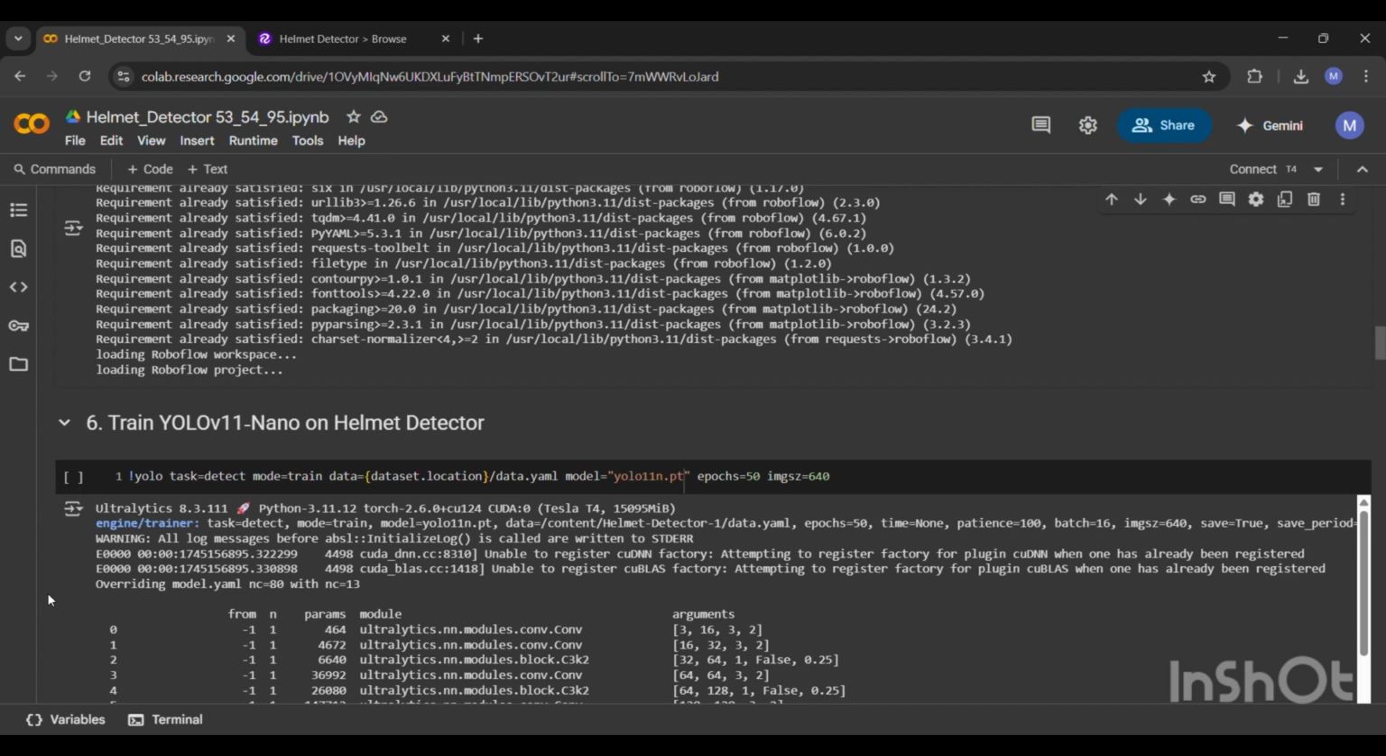First, we have task equals detect, which specifies object detection rather than classification or segmentation. Then we have mode equals train. It enters the training mode; for inference and export we use mode equals predict or mode equals export. Then we provide the dataset location, and after that our model, which is yolov11n.pt. Then we provide 50 epochs, which runs 50 full passes over the training data,